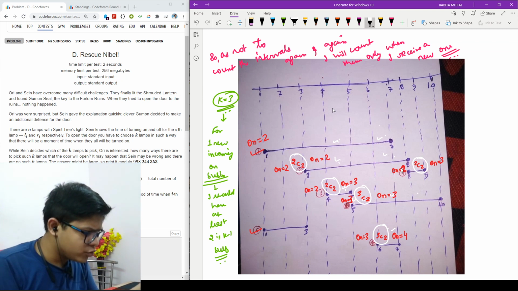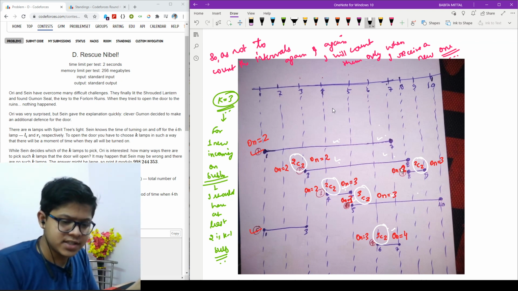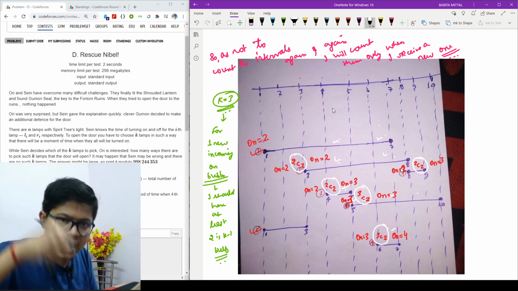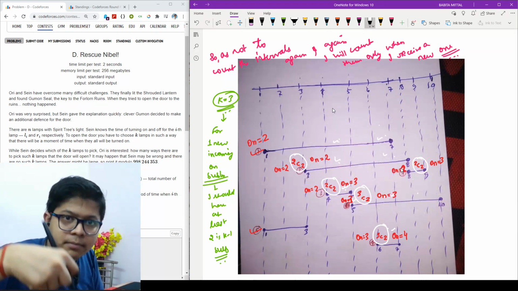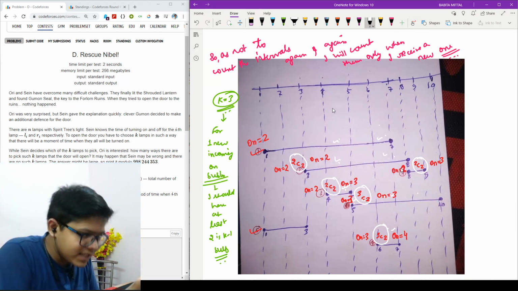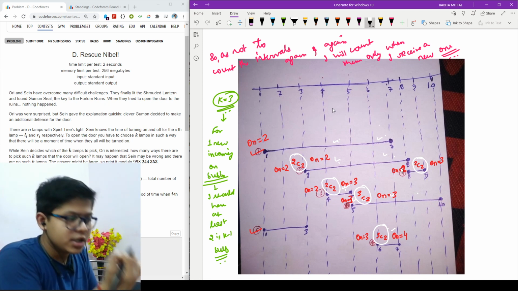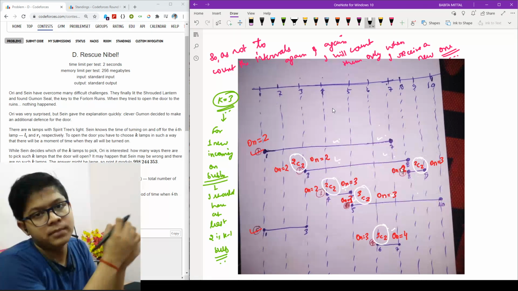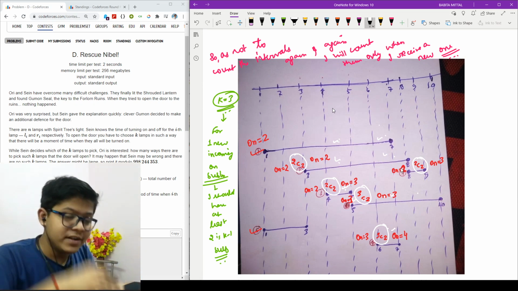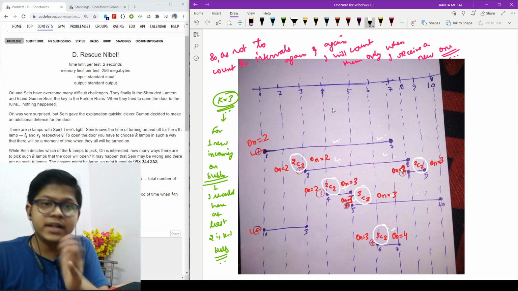And as I choose my k minus 1 on bulb states, I add the on bulb state I just arrived at to those k minus 1 to get k on bulb states, and I will do this over the whole interval.